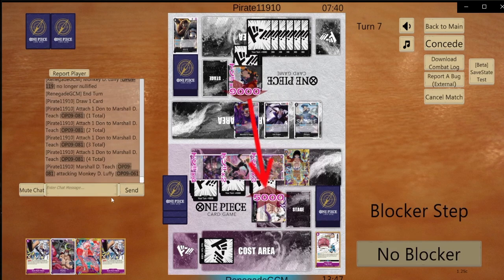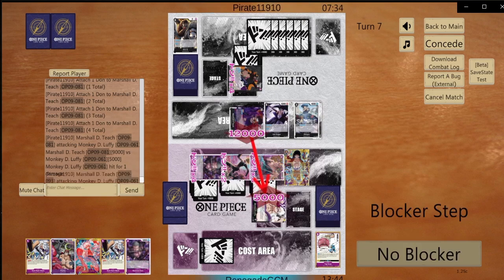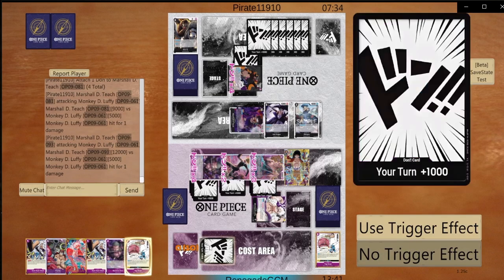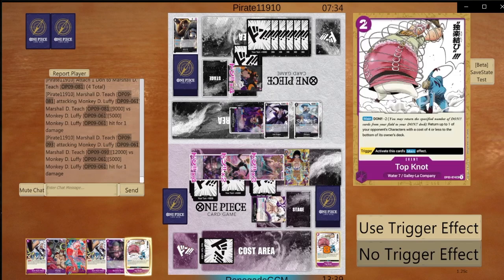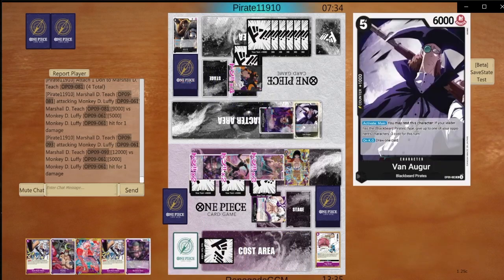All right, here he's gonna load up 9 on 5, and like I said, my hand's kind of low on counter, so I'm just gonna take this. No help with the Zoro, no counter. I'm like, okay, 12 on 5. Yeah, I'm taking that. Here I have a trigger effect, which I could put something at the bottom. I am gonna choose to do that. This is gonna get rid of one of his potential attacks,